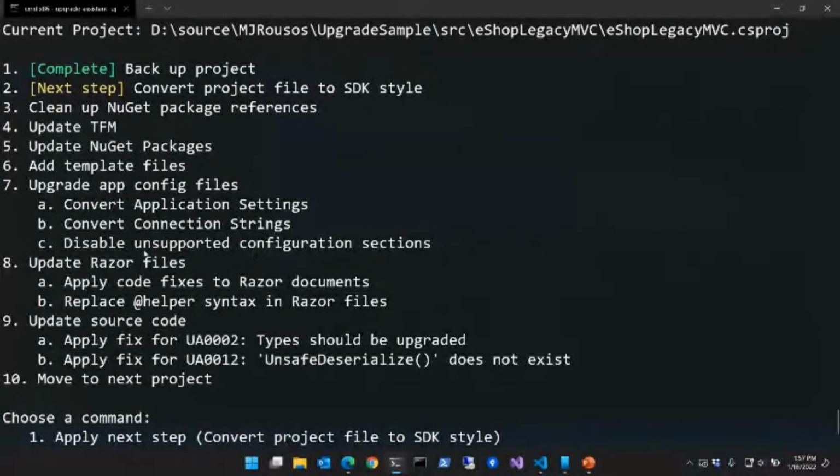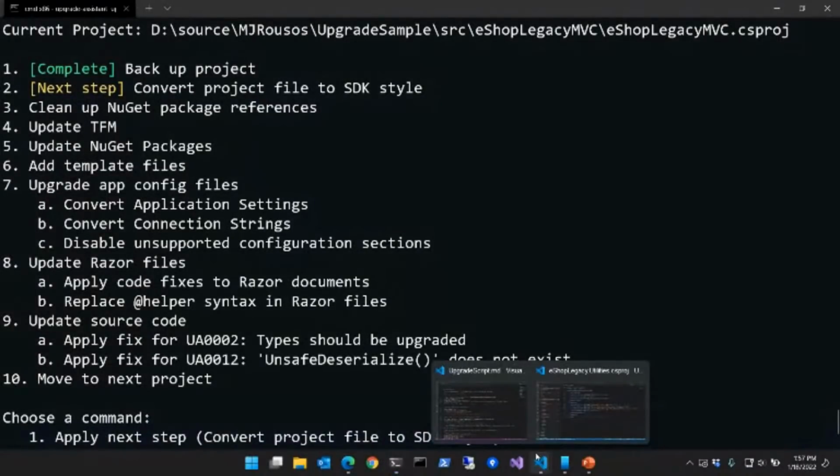Although there's some extra ones here because things like updating Razor files, updating a web config, these are things that make sense for a web project that didn't make sense for our helper library. So these were omitted last time. Okay. So we're going to go ahead and again, if we look in VS Code,